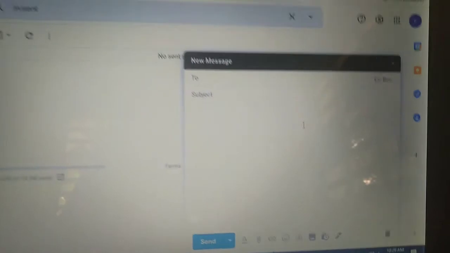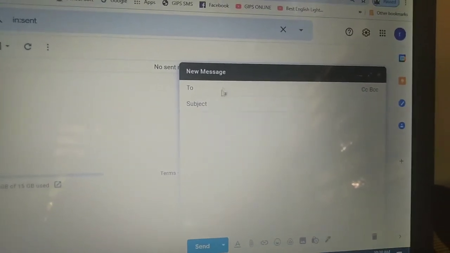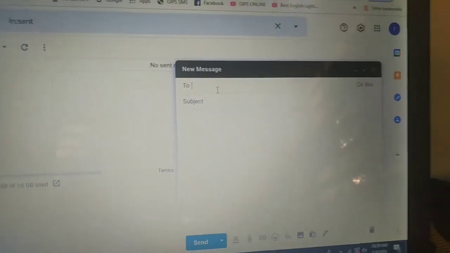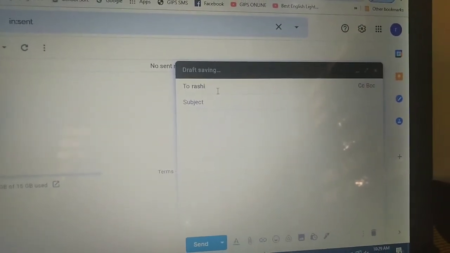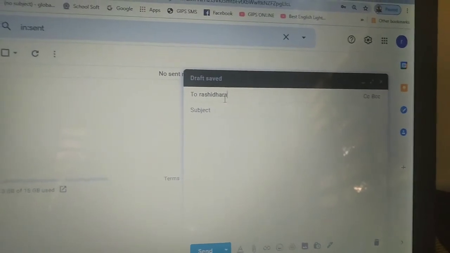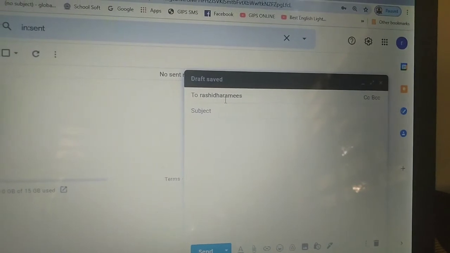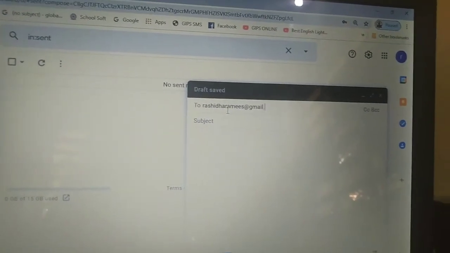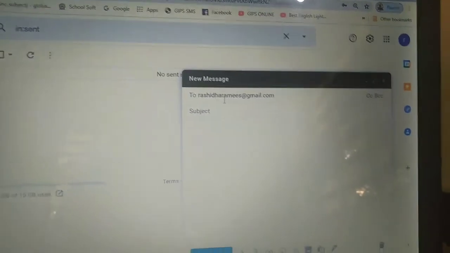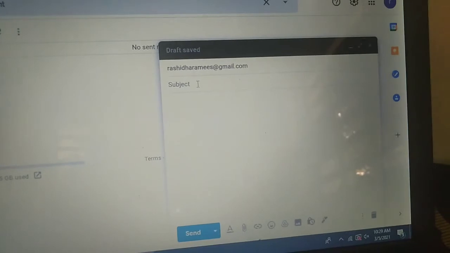So here I can type my recipient address, then the subject.